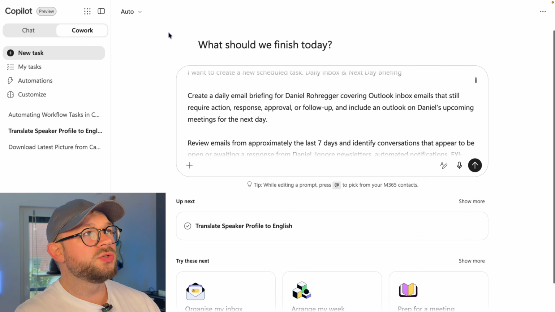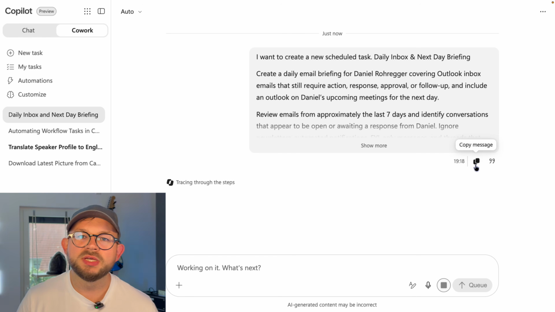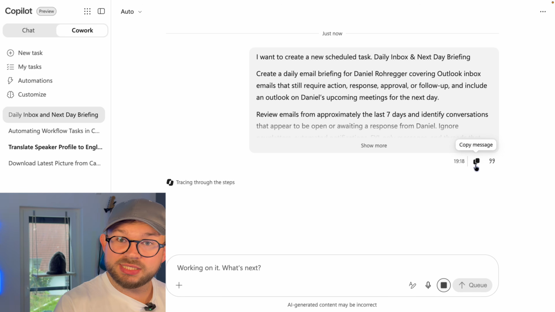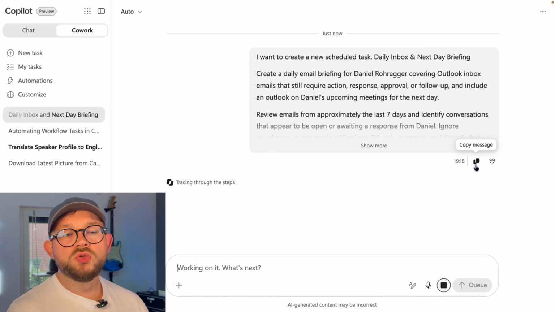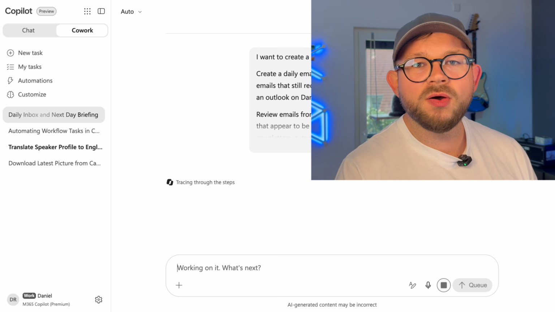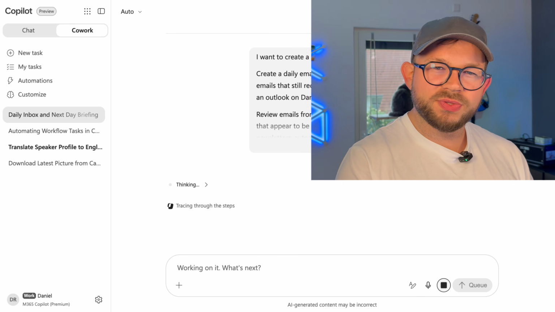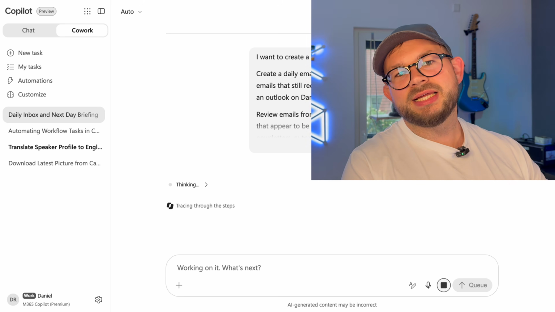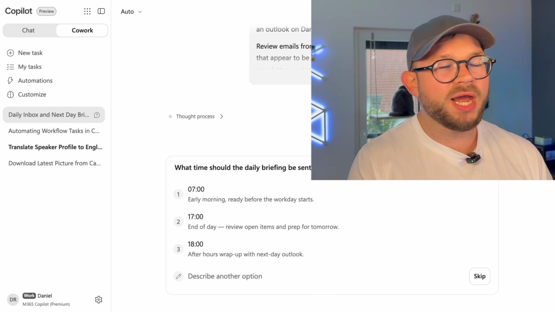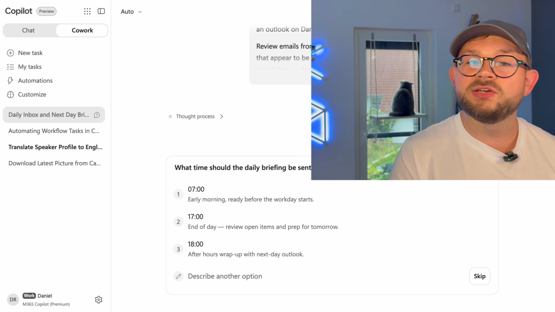And then all we do is leave it on auto and we just send the prompt that we made, and you maybe adjusted it to your liking, into Copilot Cowork. And now it takes a quick time. Cowork looks into this prompt. It looks at what you want, and it's basically setting up the automation in the background. And sometimes it's sending you questions.